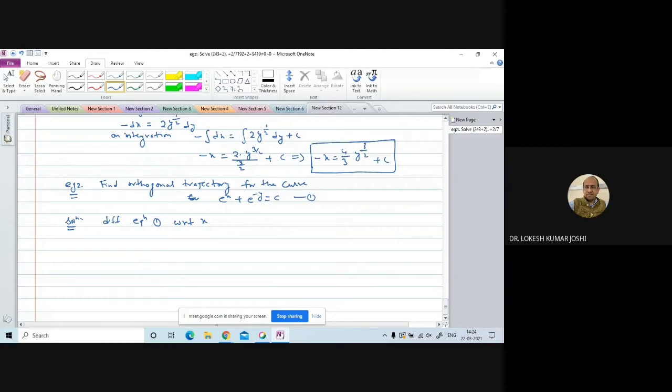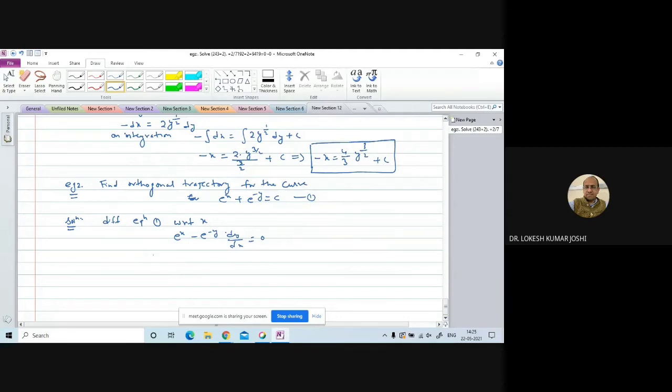If we differentiate this equation with respect to x, we get the slope of the first curve. Differentiation of e to the power x will become e to the power x. E to the power minus y will become minus e to the power minus y dy/dx equals 0. Okay, clearly we can see the constant is eliminated. Therefore, no need to take tension to eliminate the constant. See, it is already removed from this equation.